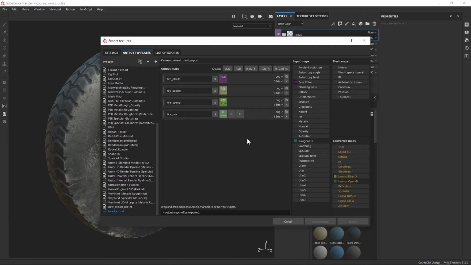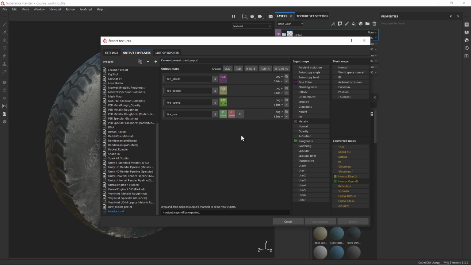So that's why we're going to be able to work with this texture packing technique, specifically only for grayscale images, because at the end of the day, RGB images are just a combination of 3 grayscale images all packed together. We'll go and select our metallic for the G channel, and we'll also select our ambient